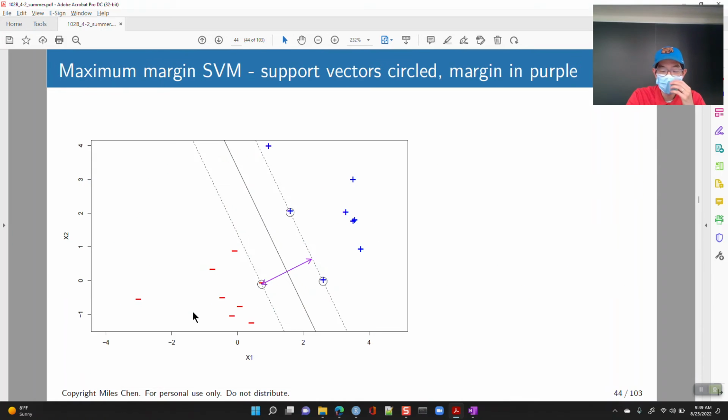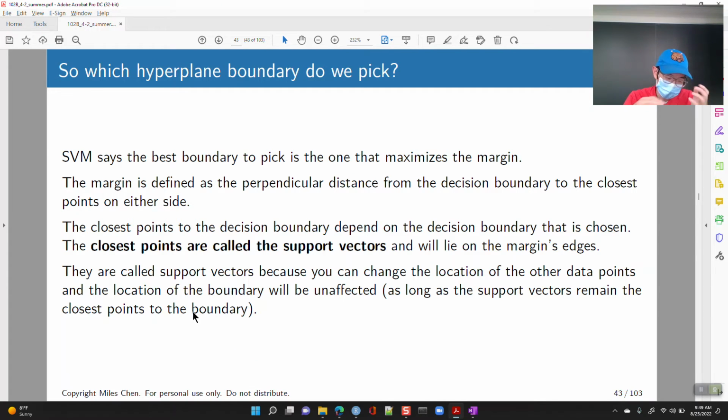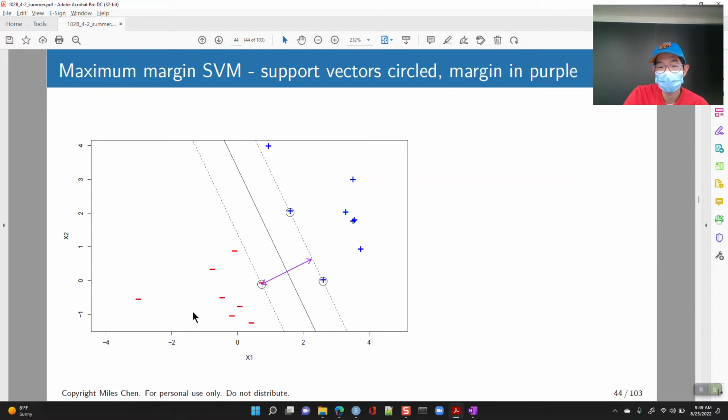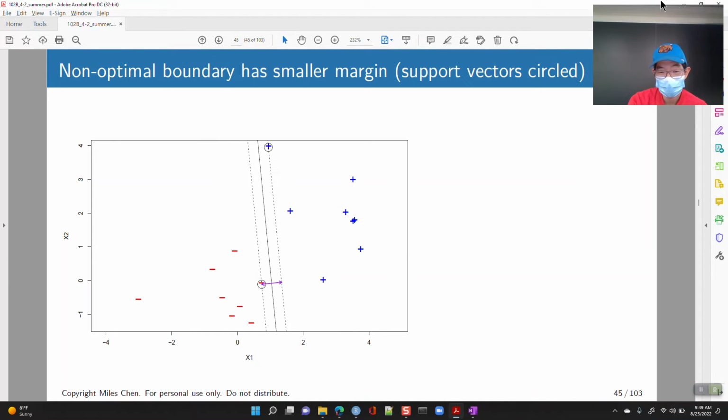Okay, so the location doesn't change as long as those 3 support vectors remain in the same position and remain closest to the boundary. Okay, so here in purple, I have the distance of the width of the margin. Perpendicular distance from one parallel to the other, and this one has a much smaller margin. Okay,